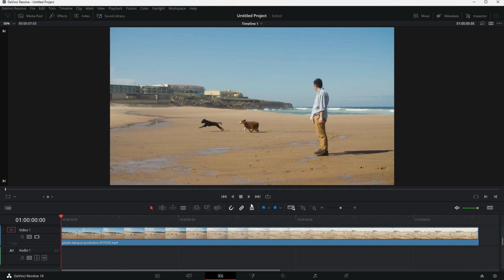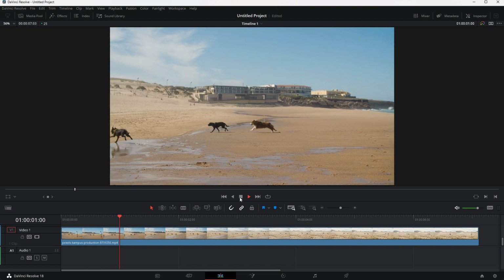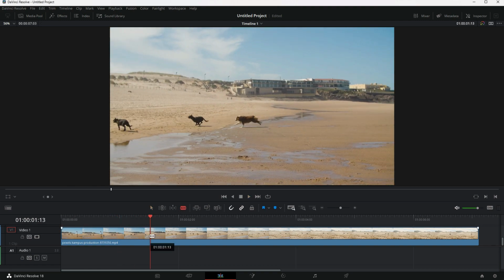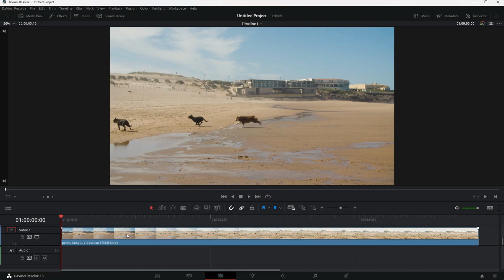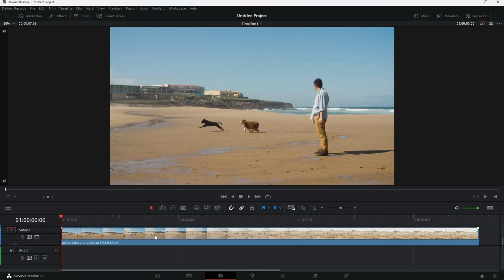As a beginner, what would you do? Use your mouse very often, right? You hit the play button with your mouse, stop, select the blade, click on the clip and also right click to delete it. This process takes a lot of time. Some of you might use few shortcuts like split the clip or even ripple delete.